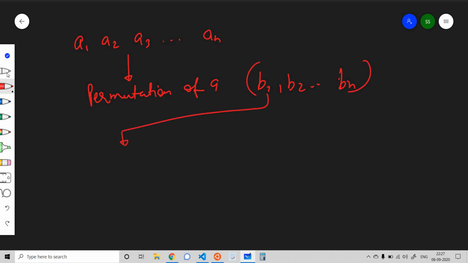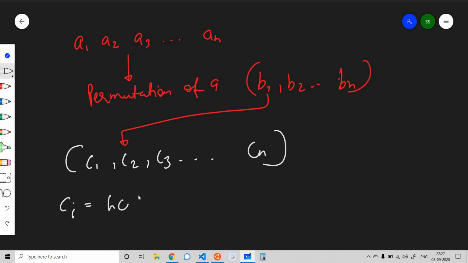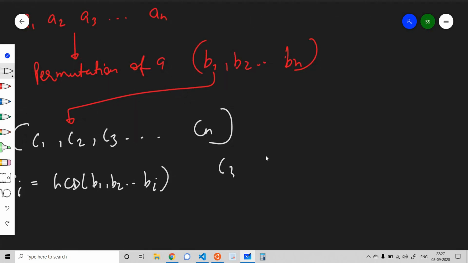Using this we find another sequence c1, c2 to cn, where ci is equal to the GCD of all the elements b1, b2 to bi. So c3 is equal to GCD of b1, b2, b3,